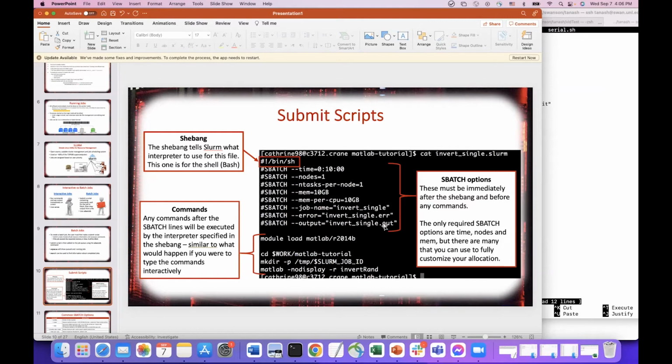After the job is completed, the output is going to be in the file name .out. So this is going to be the output of my program after finishing. If there's any error during execution, I can find and read it in the .error file. Hopefully there will not be, but sometimes there are some small errors. You can find this error in the .error file